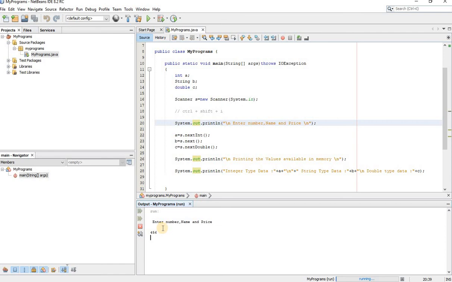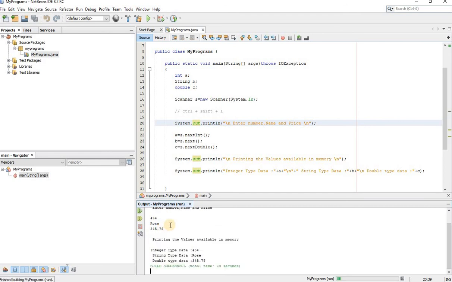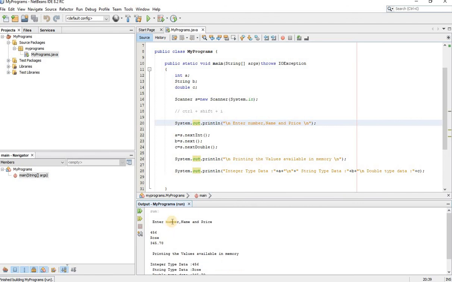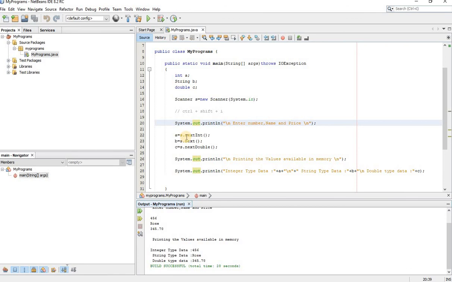Then you have to give a name, I give some name. Then you have to give a price, so I will give a certain price here. Enter. So whatever value I have entered from the screen or from the keyboard, the same input is loaded into the memory and the values available in that memory are loaded inside your output. You can see that output here.